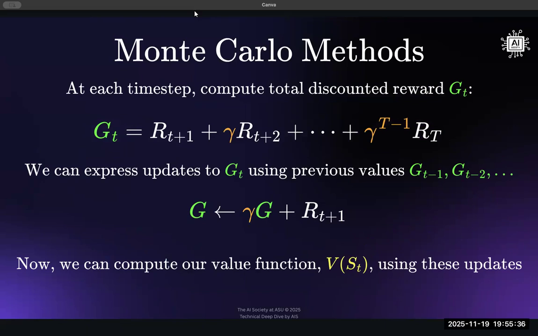So we have, of course, another recursive equation. We're going to express the policies to the current return using the previous estimates. So g_{t-1}, g_{t-2} at the previous time steps. So that should be the current one on the left, and that should be the previous ones, but these are discounted. And so using these, we can compute the value.